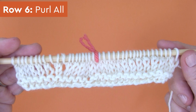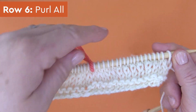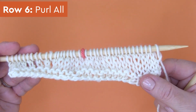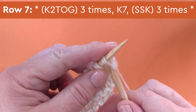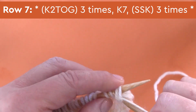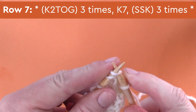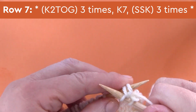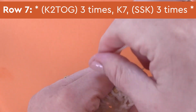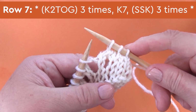On row 6, we are purling all of these stitches, and you'll want to pay attention to those yarn overs as you purl them on the wrong side of your work. And then on row 7, we are decreasing. We begin straight away with K2 together, knitting 2 stitches together 3 times. So we're knitting 2 together 3 times, and then K7 is knitting 7 stitches,